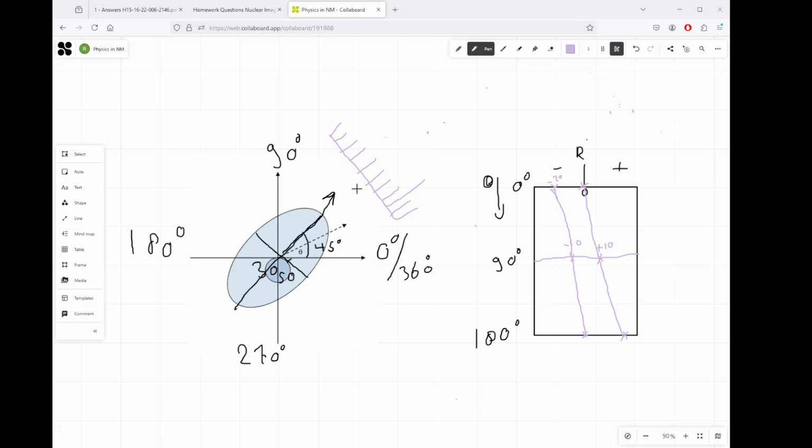So again, this is 0, this is minus the detector, this is plus. So again, what would be the signal that you get, the R that you get from this angle? So have a look. So this part is 30. So again, here we would get plus 15, and here we will get minus 15. So now again, I'll put it in the sinogram,